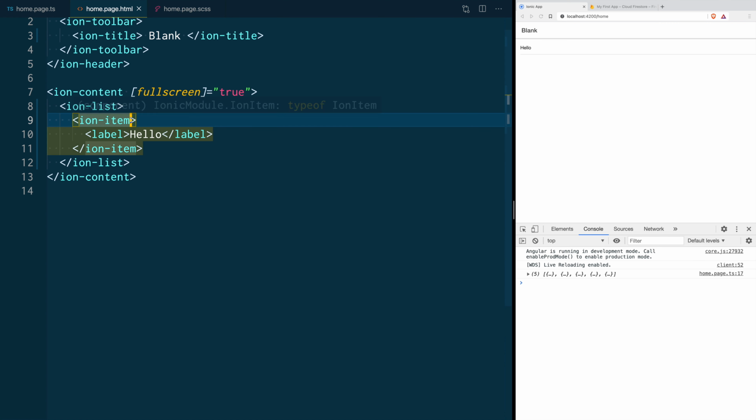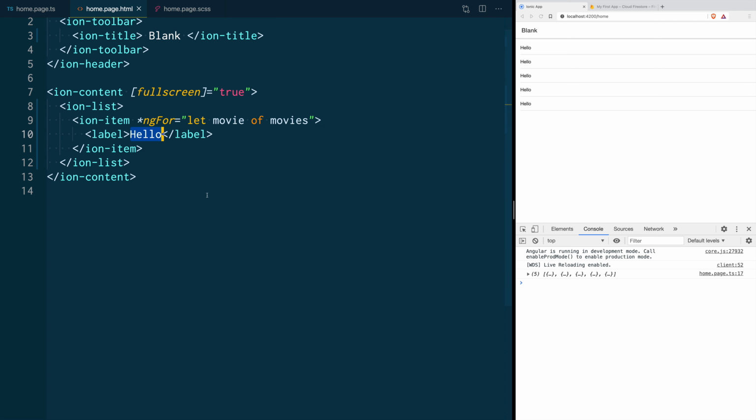For that, we are going to use one of Angular's directives called ngFor. And we are going to tell our item, okay, you're going to repeat yourself several times. And this is going to be okay for each movie of the movies array. You are going to repeat yourself. And if I save this, you're going to see that now we have 5 items on our list.